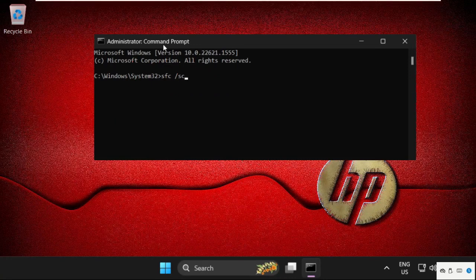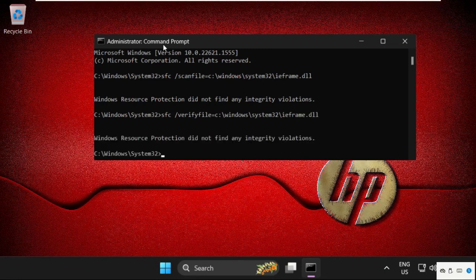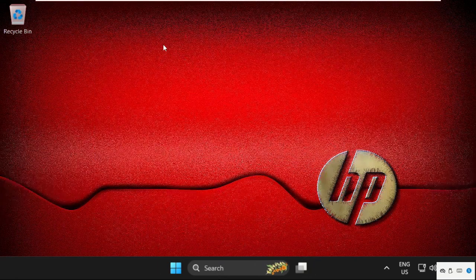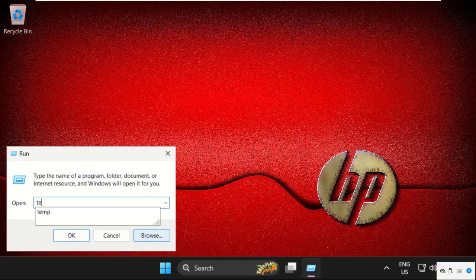On this window we need to execute some commands, so type all these commands carefully and simply hit enter to execute them. In the first command, type sfc /scanfile=c:/windows/system32/ieframe.dll and simply hit enter. Then type sfc /verifyfile=c:/windows/system32/ieframe.dll and hit enter. Then type exit to close the command prompt window and simply open run and type here